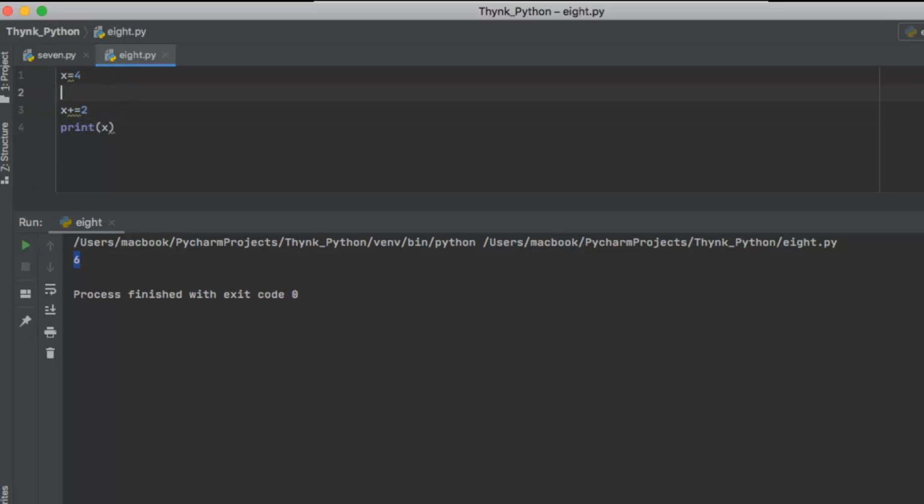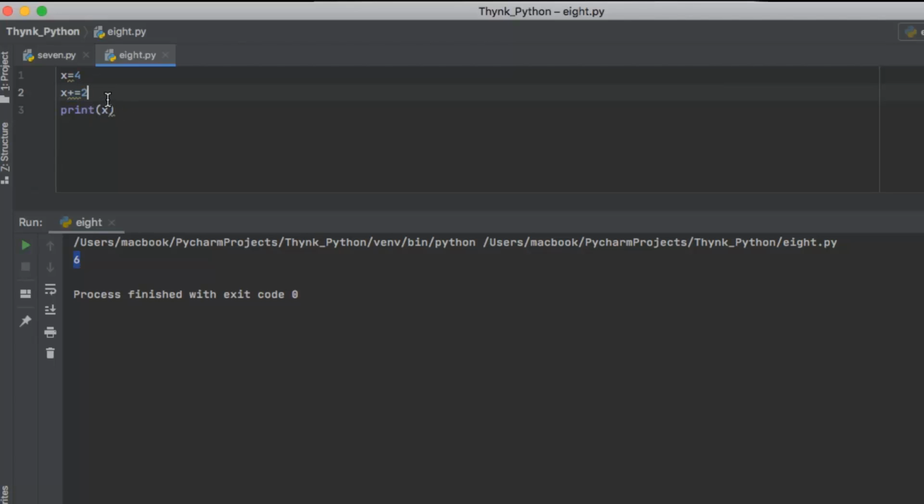So the answer which we got was 6, and with this we should also get a 6 here, right? So I run the code and I get a 6. Augmented means added or enhanced, and assignment means equal to operator. So here, along with this equal to operator, I have enhanced it with a plus sign, right? So that becomes a shortcut for the increment operator.